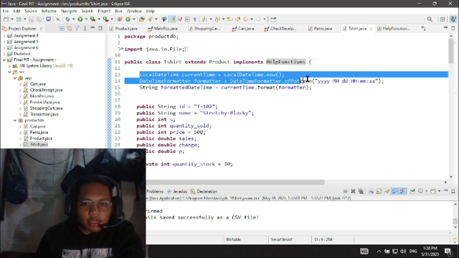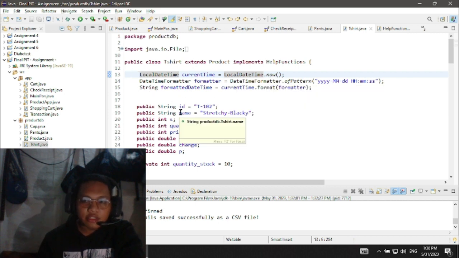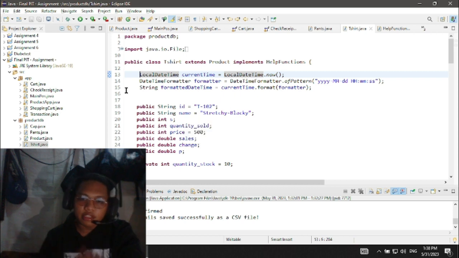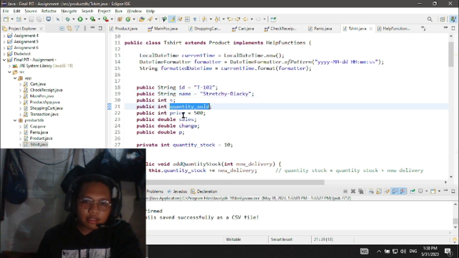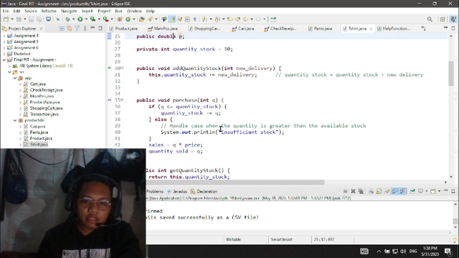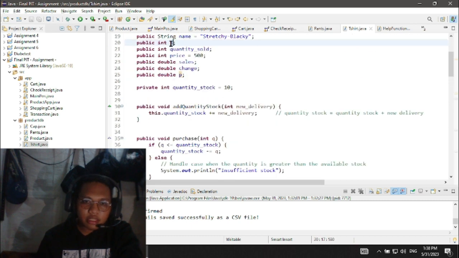First here, I initialize the date and time so we can print it later in our receipt and our transaction history. Excuse me. These are our fields. I initialize my product ID as T102, the name as Leche Blackie, the quantity sold, the price is 500, sales, change, and the P I use as the cash, and the S is